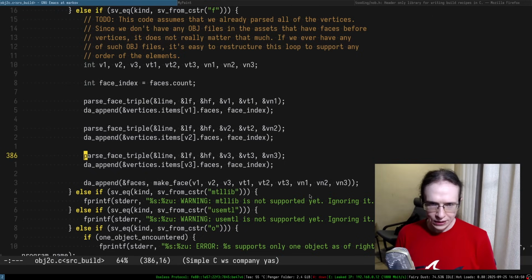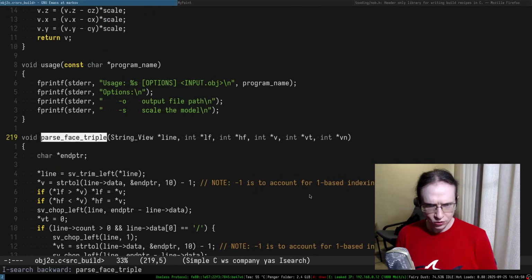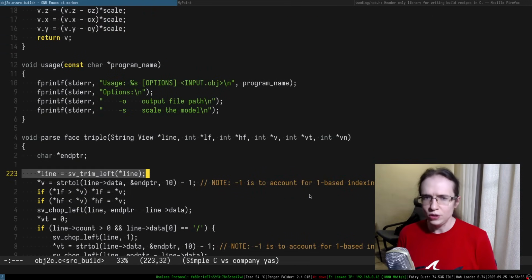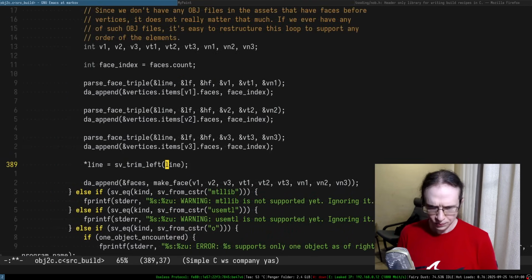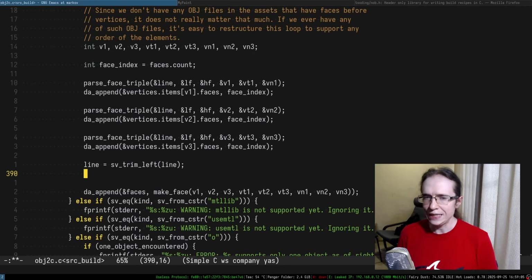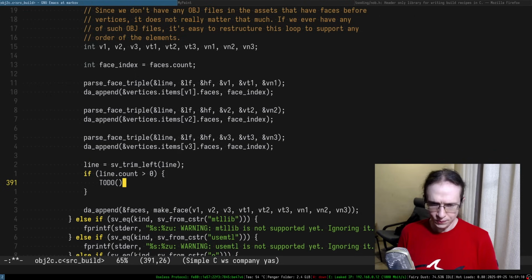I wonder, do we do any stripping in here? Yeah, so we do a little bit of trimming. Here's the idea. I trim the line. So the line has been trimmed. And essentially, if line count is greater than 0, I'm going to do